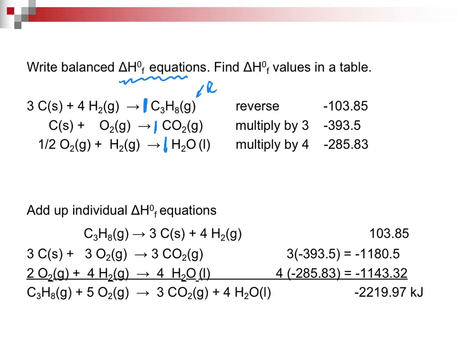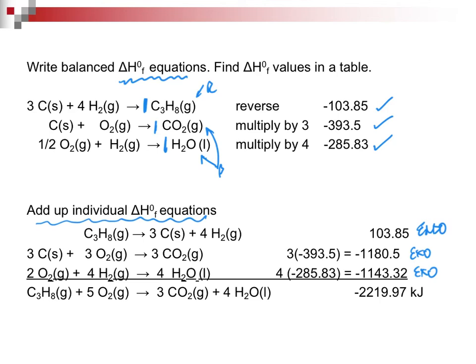This is a reactant. These two are the products. And as we've just gone through in the sections, the first one you have to reverse, the second multiply by 3, the third you multiply by 4. So once you write that all down, you would add up the individual equations. Here we get a positive 1,103. That is the endo process. Here is an exo. Here is an exo. I don't like to go back in terms of a slide, but I kind of have to. But that is where that diagram comes from.